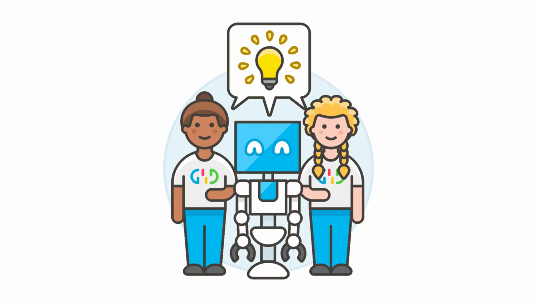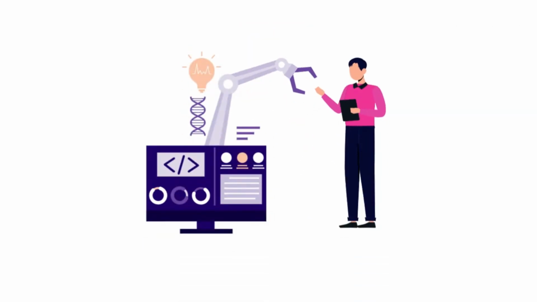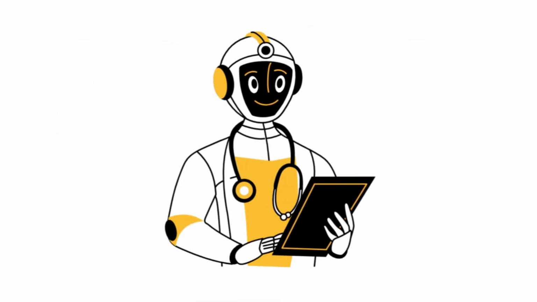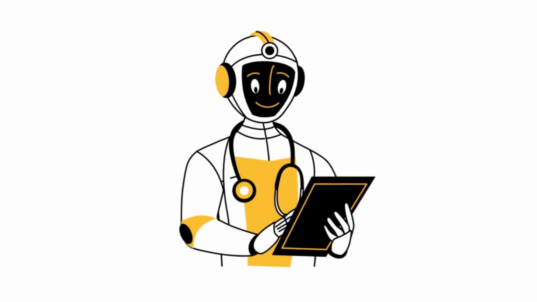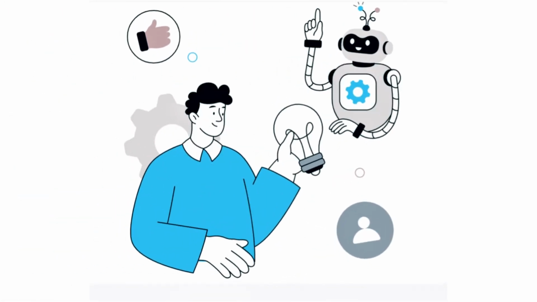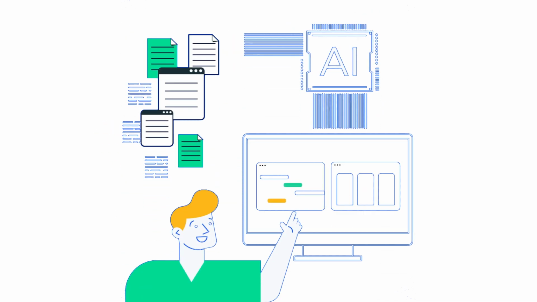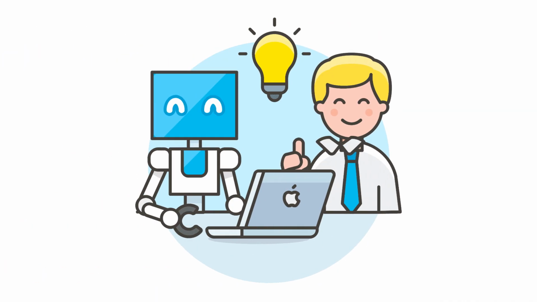This means that instead of competing with humans, they enhance us. Coding assistants suggest fixes. In medicine, for example, AI highlights anomalies in scans that doctors might miss. In design, generative tools brainstorm alongside creators. The value lies in augmentation. AI sharpens human decision-making, speeds up workflows, and expands creative possibilities. Yet it doesn't fully replace expertise.